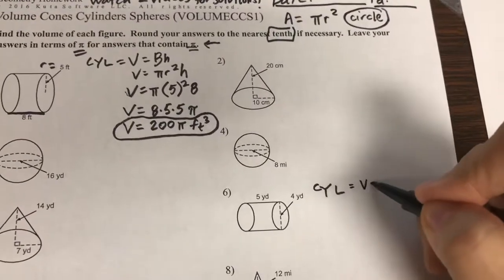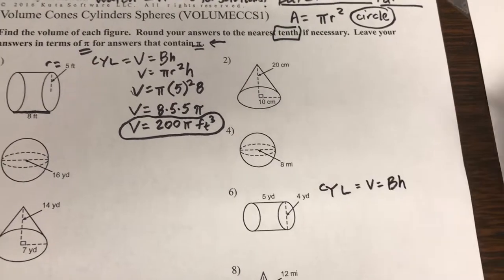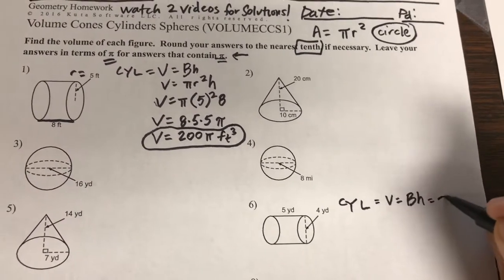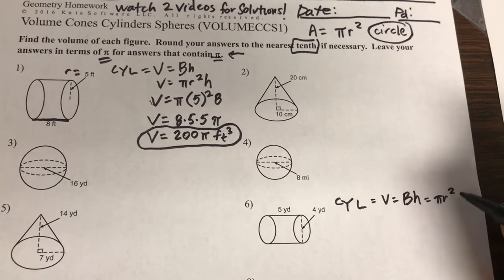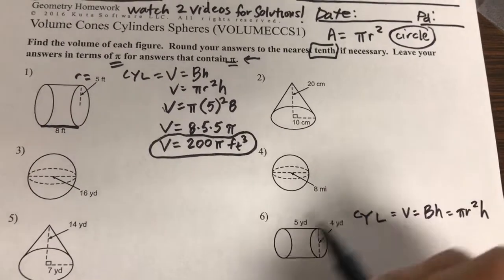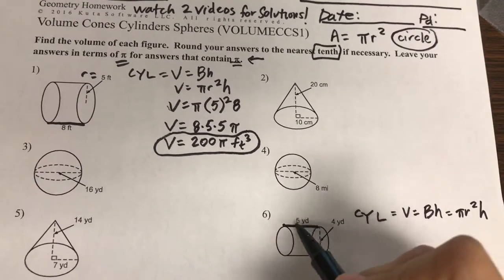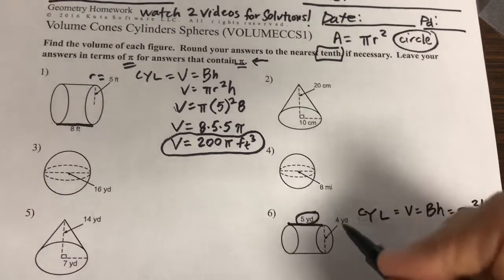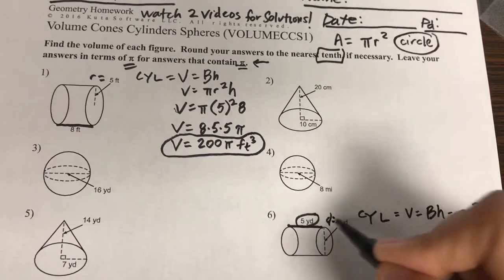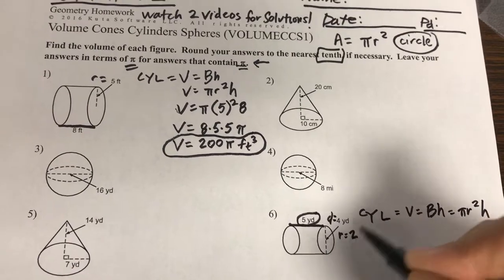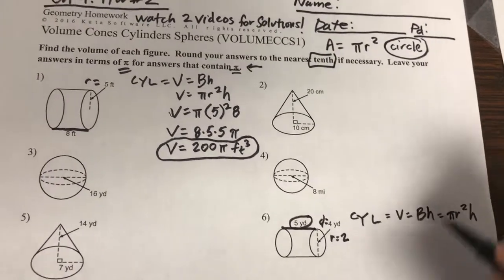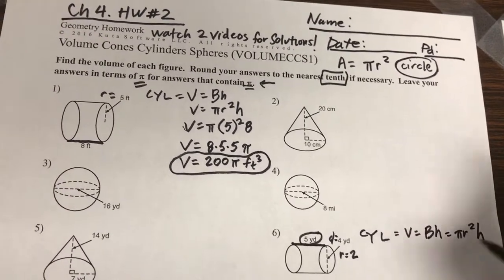The volume of a cylinder is the area of the base times the height because I stacked a bunch of circles. And so the area of a circle is pi r squared times however high I stacked those circles. So it looks like they stacked it 5 yards high, but here they gave me the diameter. So the radius would be 2 if the diameter was 4. And so the area of my base